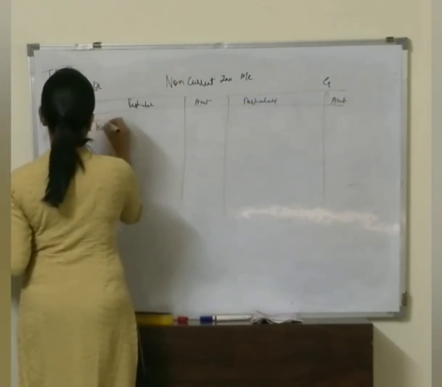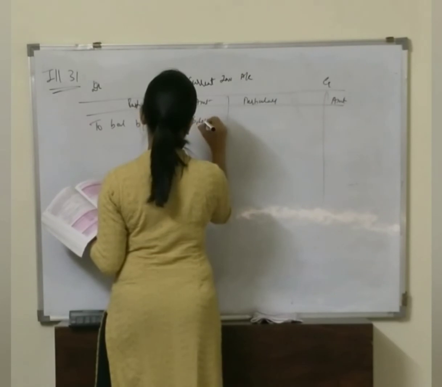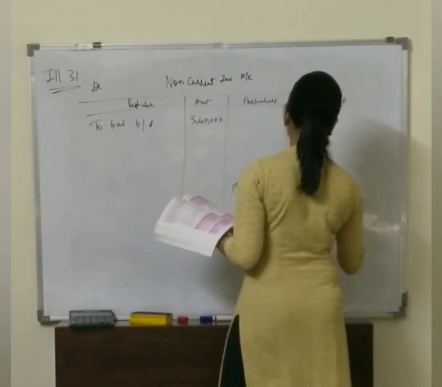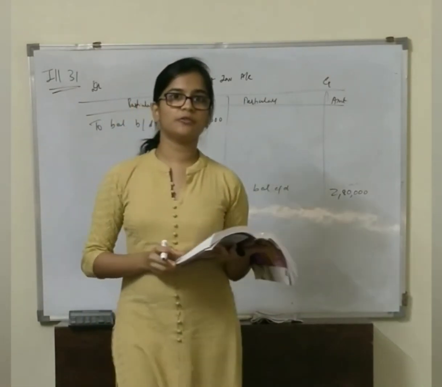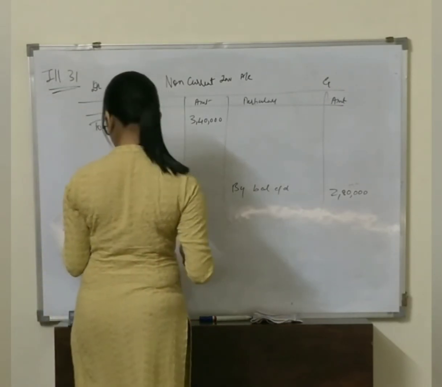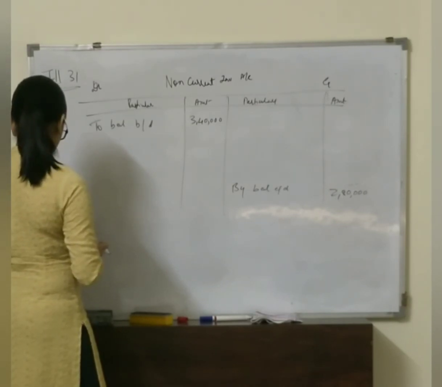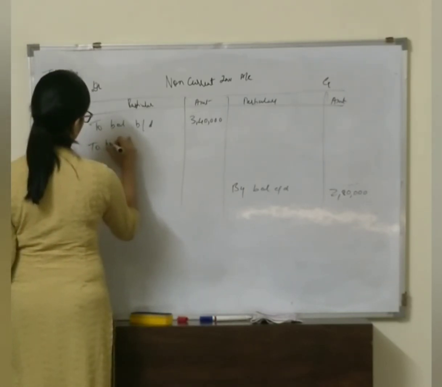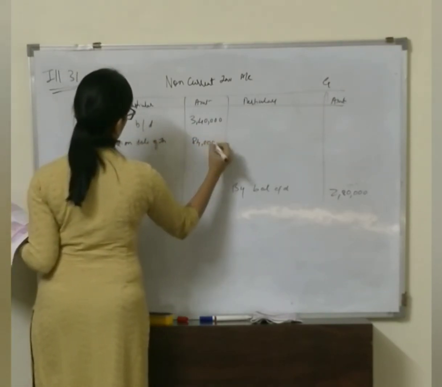We have a balance, so we write to balance brought down. It is 3,40,000. By balance carried down 2,80,000. This is the same as a normal plant and machinery or land account. As non-current investment is an asset, we bring the balance to balance brought down and then write by balance carried down. Then they have given, we sold 40% of the original investment at a profit of 84,000. So there is a profit, to profit on sale of investment 84,000.